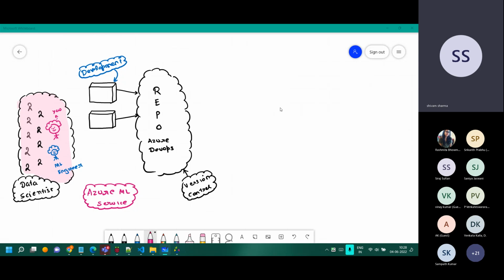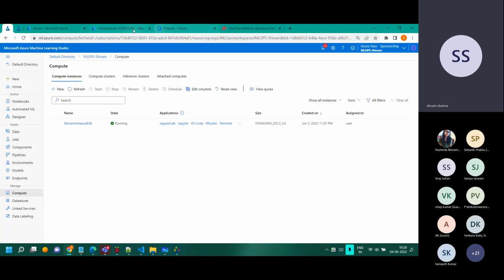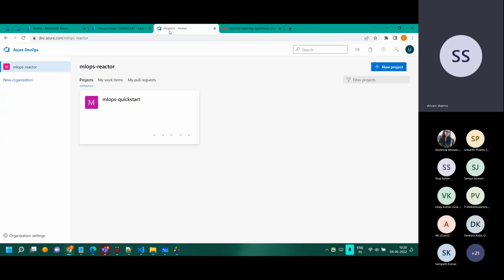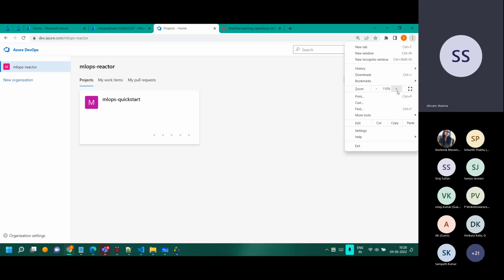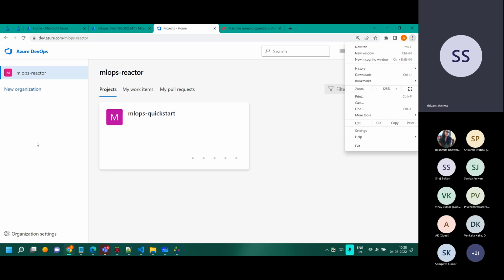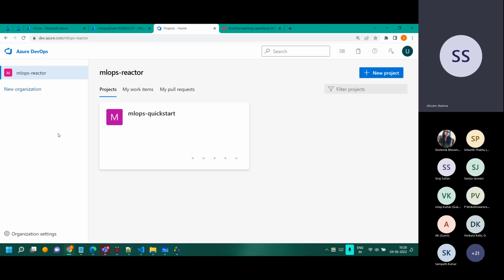Now, if I take you back to the Azure portal, or to my browser, and find the correct page, this is dev.azure.com. This is Azure DevOps. If I zoom in over here, I'll go slower now. So this is where we have to create this for the company, Wide World Importers. They will create their CI/CD pipeline. So this is what we will be using.